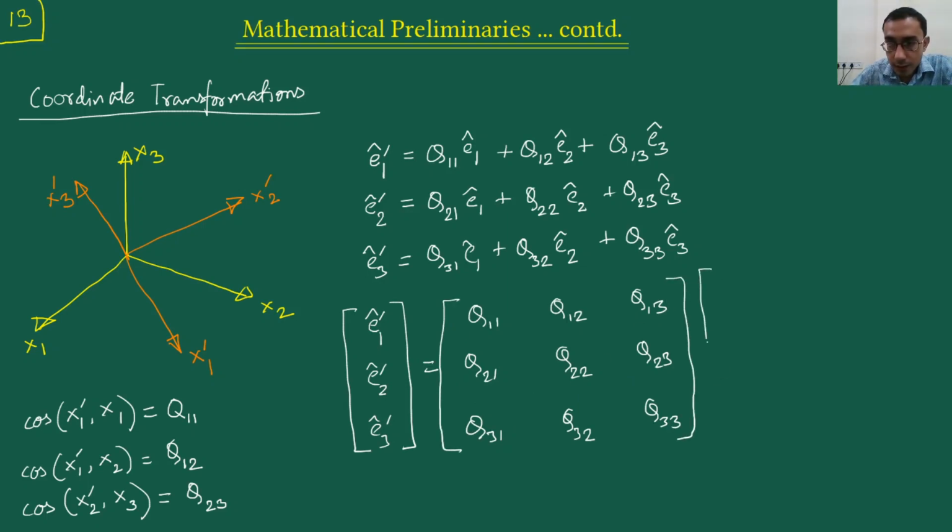Multiplied with E1 hat, E2 hat, E3 hat. And finally, this particular matrix representation can be represented in short, in the index notation, as E1 hat dash is equal to,